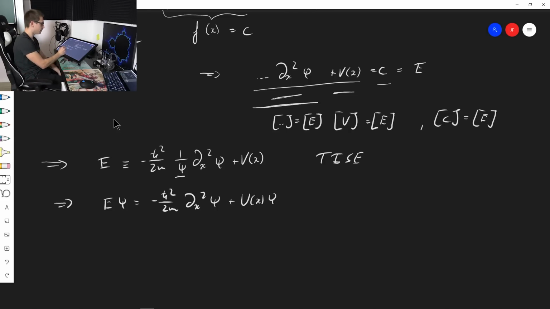Namely, what we have here, this tiny little part right here, that's an operator in some way, okay? Like the differential that we're having here, that's an operator in some way. This is just a derivative, the partial derivative. And also we are having this part right here. And what we can basically do is factor out our psi that we're having on both terms. It's not really called factoring out because we are basically applying an operator to our psi. You could rather say it's like anti-applying or not applying our operator anymore to psi, or later applying it to it. But to make things a little bit more clear,